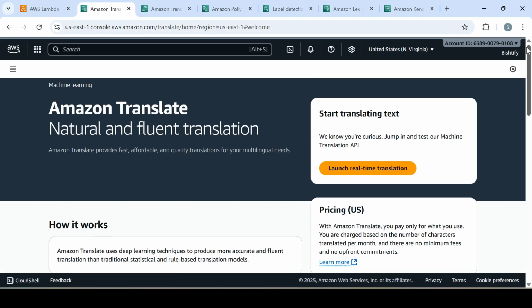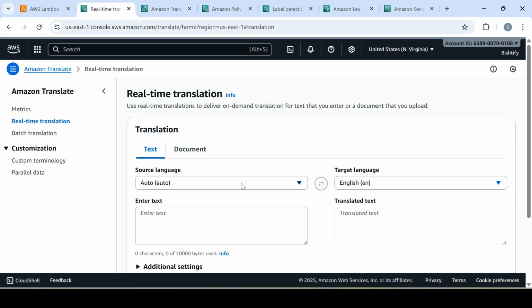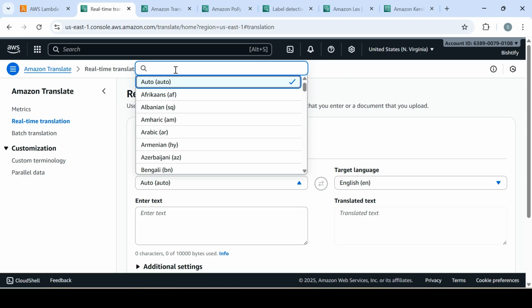Okay. So the first service is Amazon Translate. It is the service that it clearly says here. However, I would like to tell you in layman's terms what that does. As the name suggests, translate. It actually converts your text from one language to another, and that in real-time translation. So if you have, for an example,